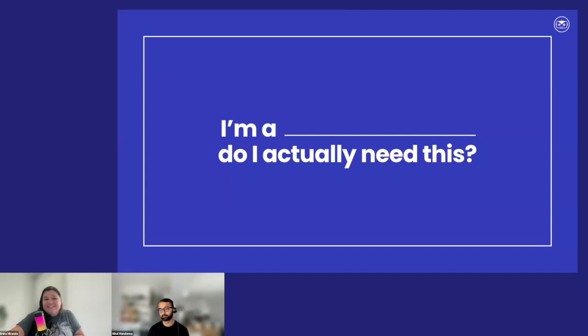Do I actually need this? Do I actually need to have a whole email marketing sequence, an email marketing system in place? My answer is yes. I have yet to find a business or organization, NPO, whatever it is, that could not benefit from email marketing, right?